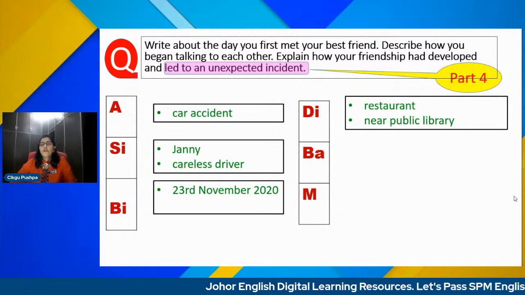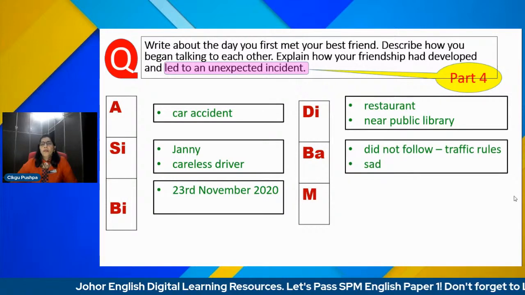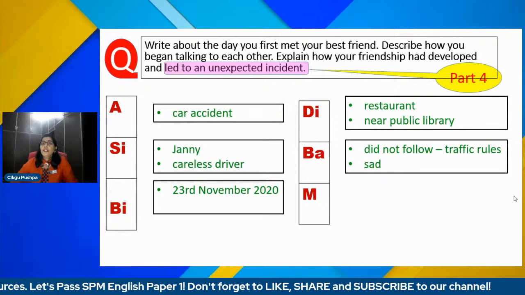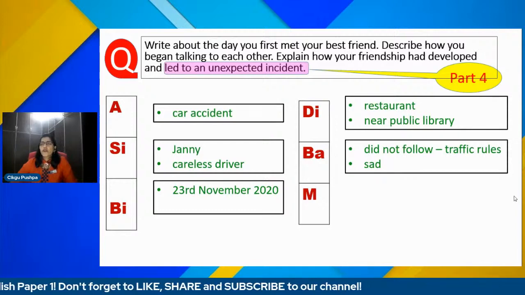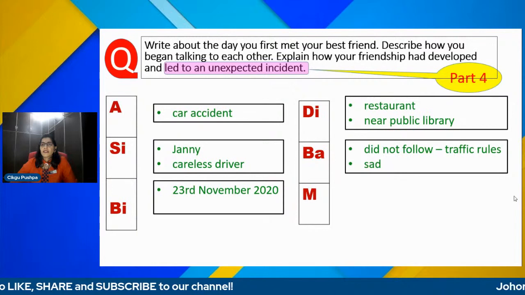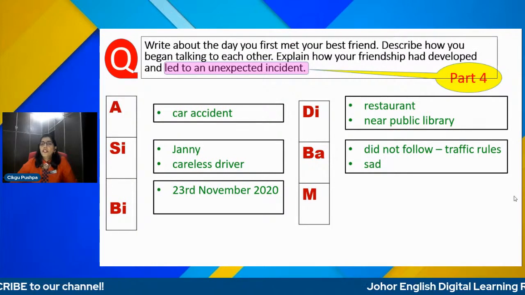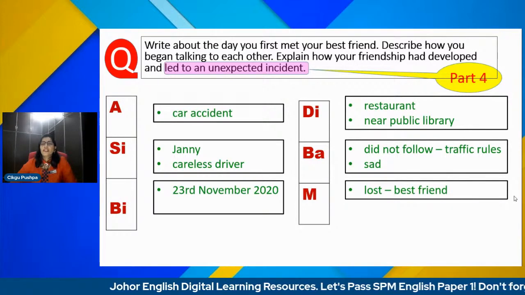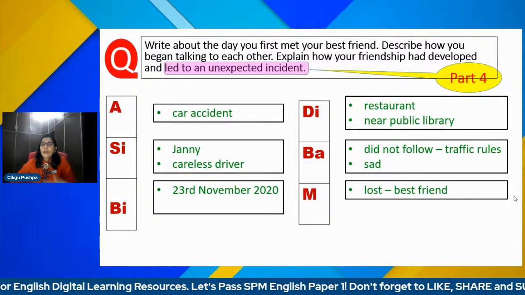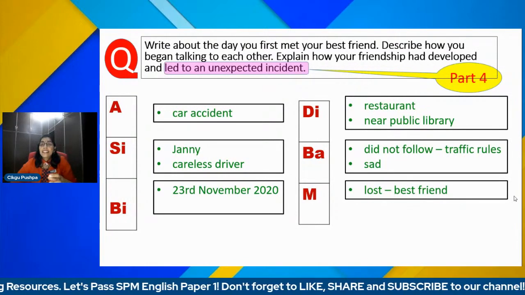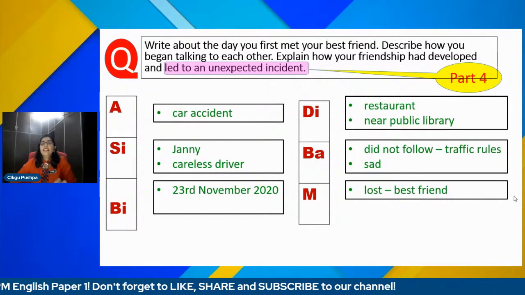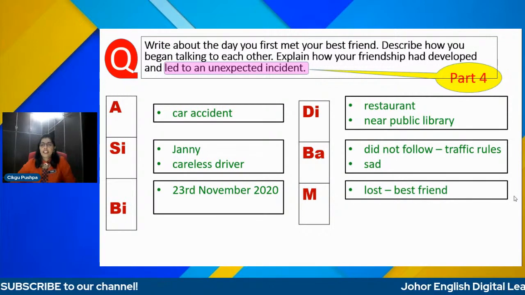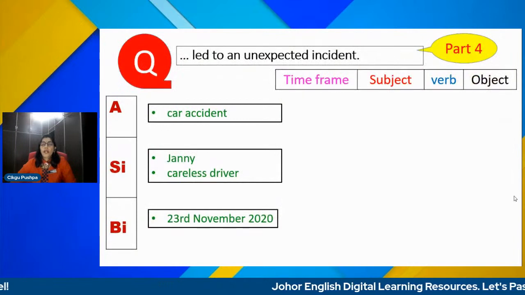Now, so how did you feel? How did it happen? Did not follow. Who? Perhaps the careless driver did not follow what? Traffic rules. So, how did you feel now? Sad. And you're going to ask yourself, why? Why did you feel sad? Yeah, because you lost your best friend. You see? So, as you ask questions, indirectly, you are actually writing your story, describing the story. So this is basically describing events. So when you are describing events, you are indirectly narrating a story. Okay, right. So once you have done with that,